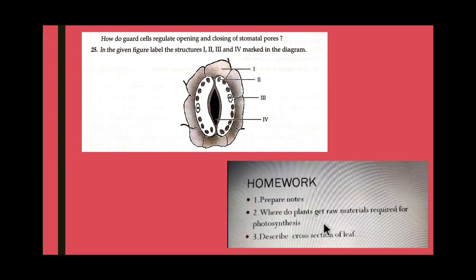Now from where does it get it? Plants get it from the atmosphere through stomata of leaves. Next, water, plants get it from the soil. Next is sunlight, which the plant traps from solar radiation. That means the ultimate source of the light is the sun. And next is the chlorophyll, plants get it from the green leaves and the green stem. Now I hope the sequence of answering, how you will answer the respective question, is clear to you.